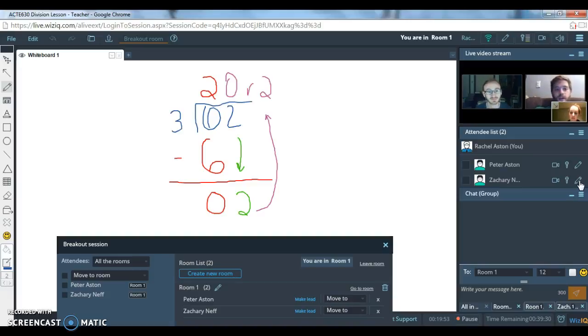So, once we figure out that the 2 times 3 is 6, put the 2 up there, multiply it, carry it down here below to the 6. We then have to subtract 6 by 6, and that gets